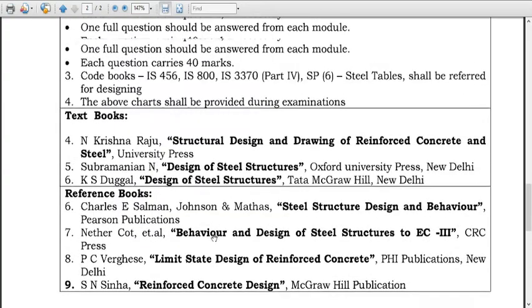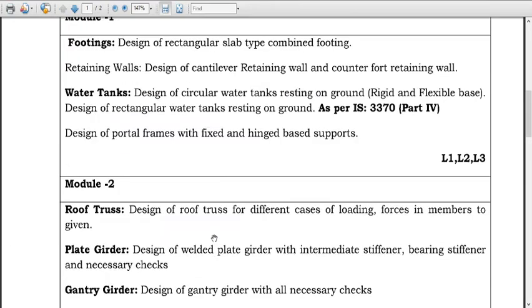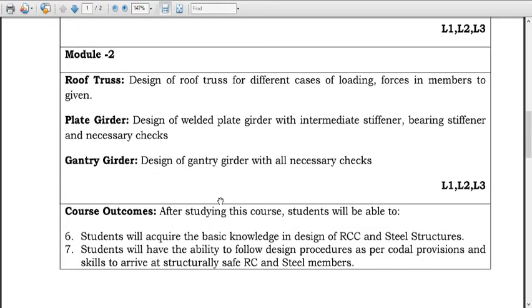For example, in bolted connections we did different types of bolting with different classes, and we checked the efficiency of the members. In welded connections also we provided weld on all three sides, two sides and a single side, and also checked the members. Then in compression members we initially started with the strut. A strut may be a single angle section or double angle sections. We found its compressive strength, calculated the design strength and checked whether it is sufficient or not.